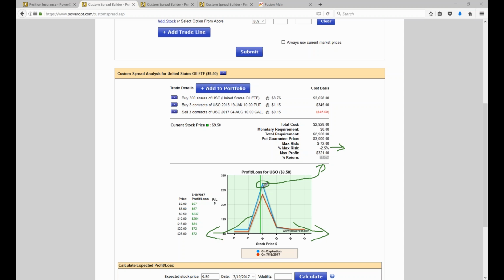Now those calls you sold, those 10 strike calls, obligate you to deliver shares of stock. So if it goes up to 10.20 or 10.30, you may have to deliver your 300 shares of stock at the short call strike price. You've entered into an obligation. You've sold into an obligation. Okay? But at the same time,